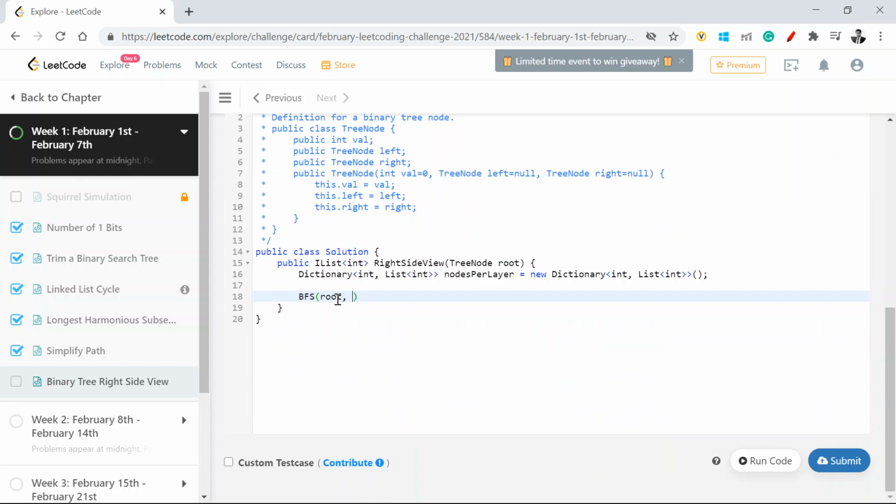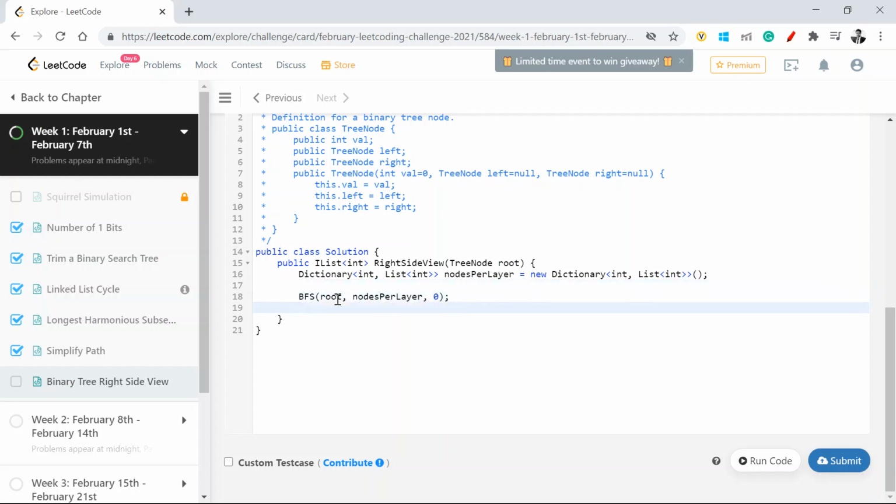So I'll pass the root, the dictionary of nodes per layer, and also the layer. Assume that if I'm at the root node, I'll be at layer 0.